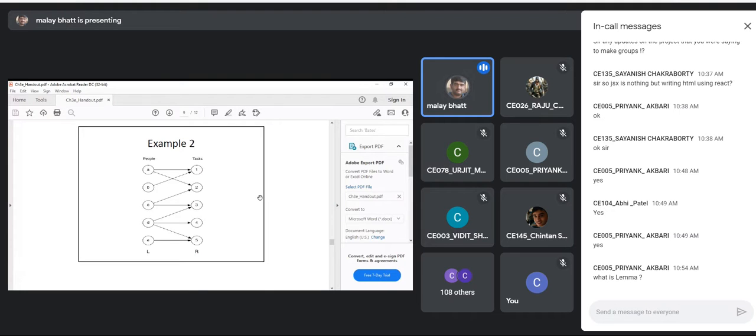So here it is not with the cost. You might have studied the job assignment problem in your algorithms course in the branch and bound technique, where you have a set of people and a set of jobs and you want to find the maximum profit if you assign the jobs to the people. So here we are just assigning people to the tasks. There is no cost involved in it.